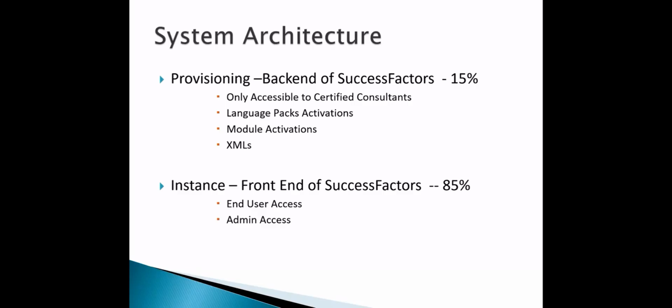And as a consultant, that is a system where we do majority of our configurations. You see, 85% of the configurations are on the instance system that we do. 15% of the things are only in the provisioning. That too, we don't call them configuration. It's activations. Provisioning level, what I do is all activations. The actual configurations of the project will happen in the instance side. Majority of the things, 85% of the things. So that way, we have two systems that we will be working with as a consultant, provisioning and instance. And now I'll showcase how those systems look as well.